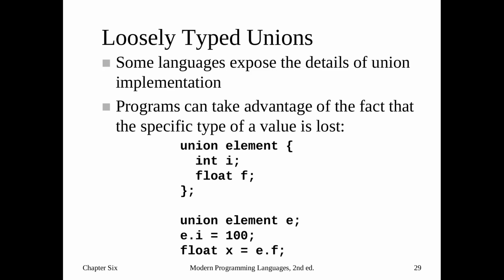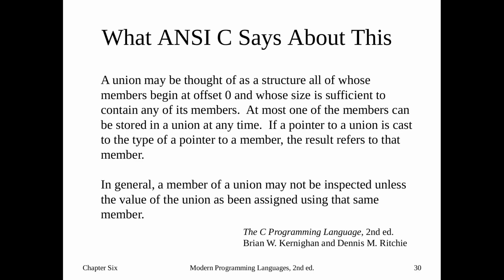So we have a union element, right? Int i and float f. If I create a union element e, set e.i equals 100, and then float x equals e.f, that gives us... we can actually force that to give us the actual value type, but it's also going to include whatever else was in that memory location. So we may actually lose some stuff there. But anyway,